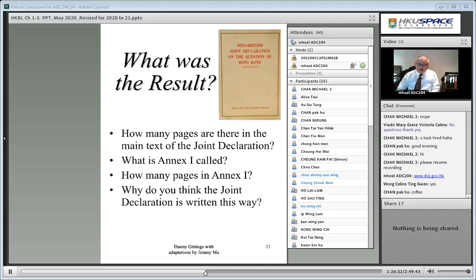So how many pages are there in the main text? Well, the main text is not more than 2 pages, just 2 pages. What is Annex 1 called? Annex 1 is called,